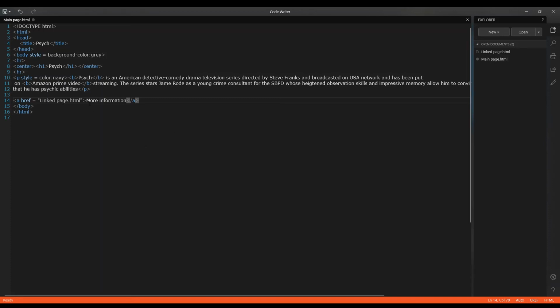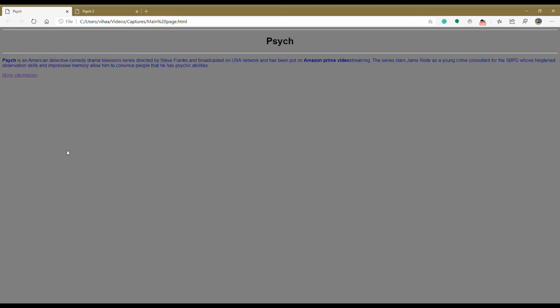We can also add styles to this, which I'll show later. For now, let's just focus on the linking. So now let me open it in the browser and show you how it has been linked. I have saved this document and I have opened both the documents. Now as you can see, this is the first document. You can see there's a background color, there is bold, underline, everything, and these white lines which run through from the left to the right of the page, it's the HR tag. We put it before and after the heading, hence it creates a banner for the heading.